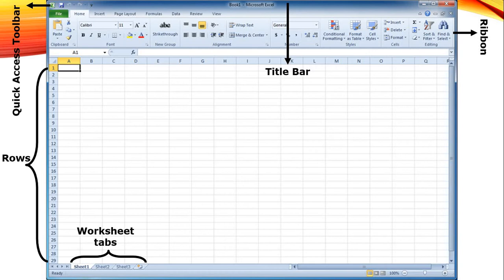Next, rows. As we discussed already, rows are an arrangement of cells in the horizontal direction. Each and every row can be identified by using a number. Totally, there are 10,48,576 rows in Excel 2010. It starts from 1 to